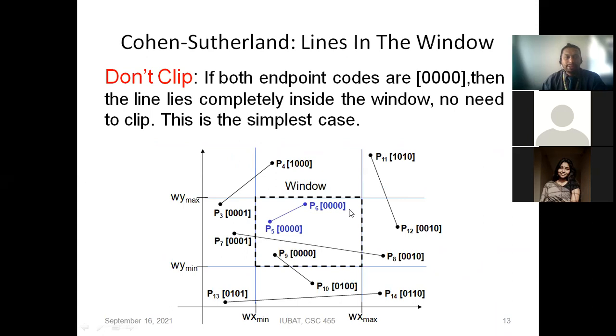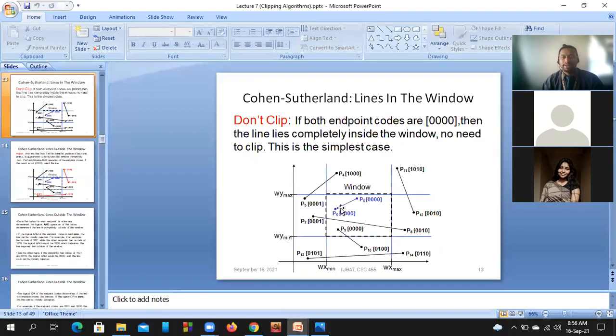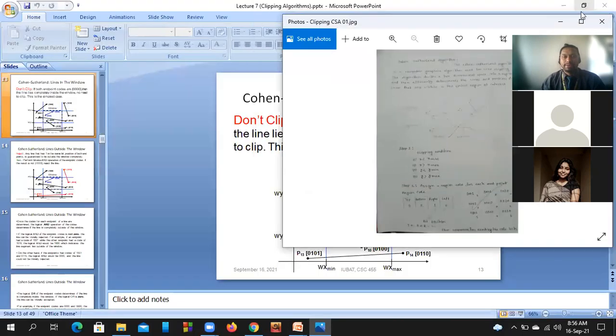So the first thing is we need to find out the don't clip situation. Now, what does that mean, the don't clip situation? As you can see here,